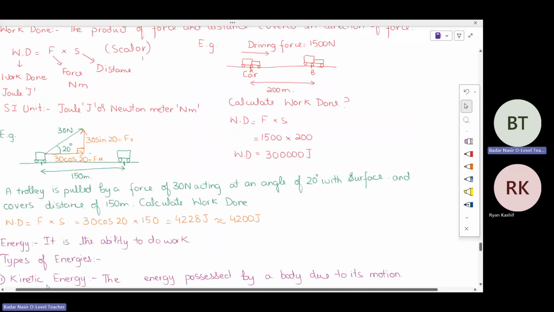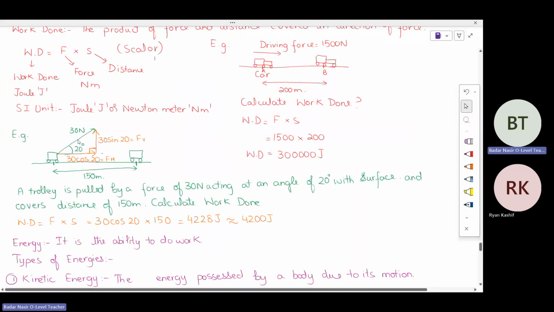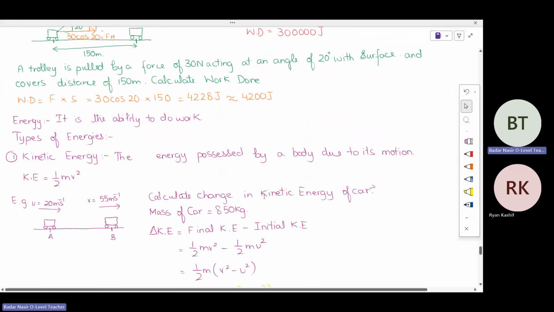We have drawn two components of the force। The vertical component that is 30 sin 20, the horizontal component we got as 30 cos 20। So to calculate the work done, we use the formula of product of force and distance। तो force का जो horizontal component है which is 30 cos 20 times जो distance travel किया that is 150, so we get the work done।